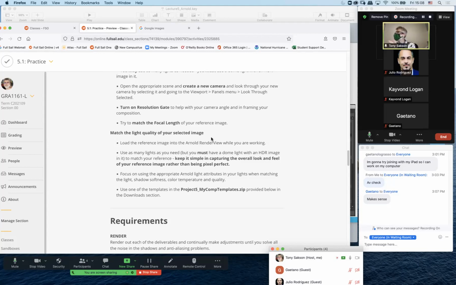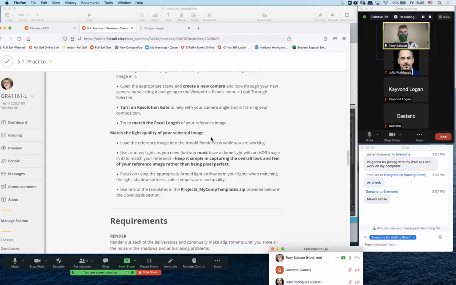You're basically trying to capture the look and feel of your reference, but it's going to be an environment reference where you are responsible for using as many lights as you need, for trying to recreate the mood, the look and feel. Think about color temperature. What is the color temperature like in your reference? And you're going to also try to match that in your